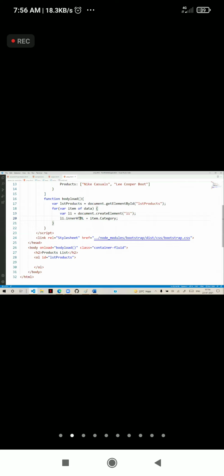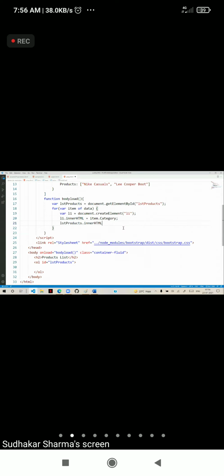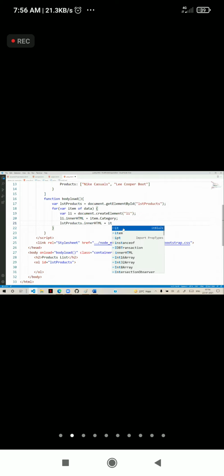And we need to add this list item into lstProducts. Already not innerHTML, we have appendChild. appendChild, the list item must be added into it. That means we created a list item and we are adding that list item into it.